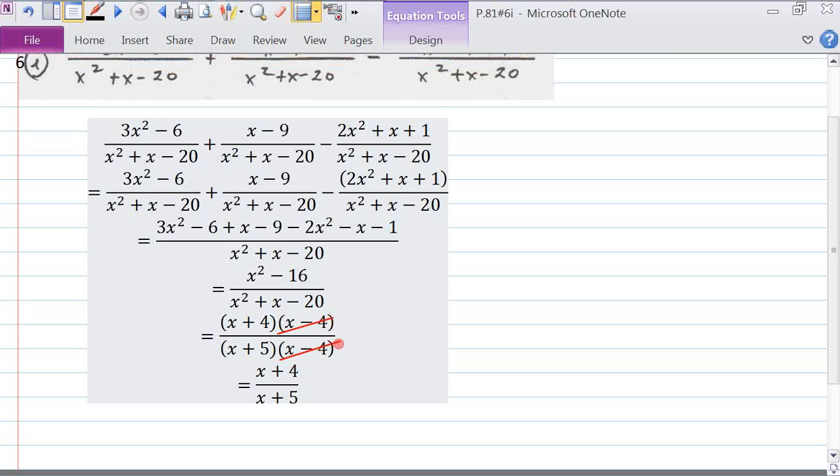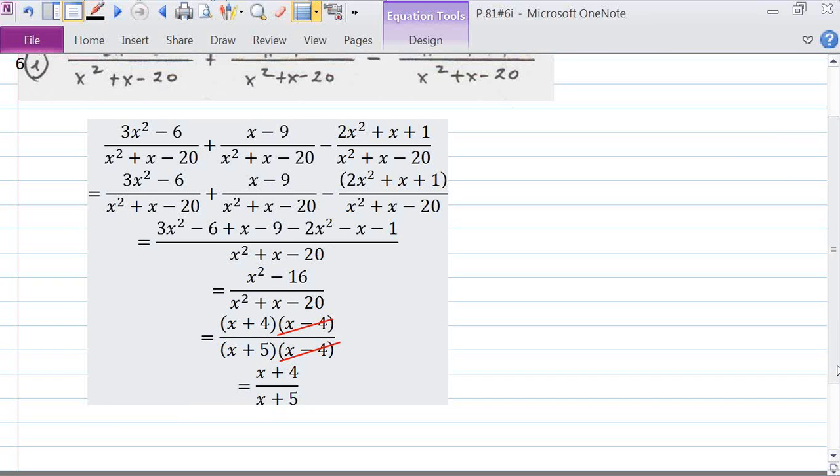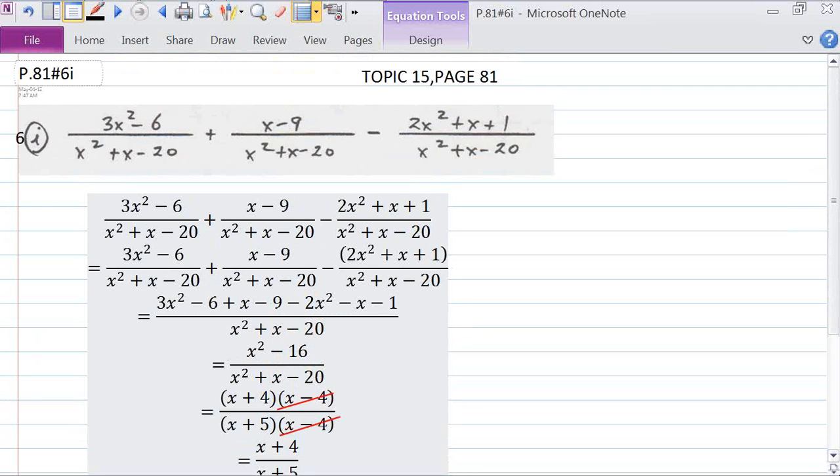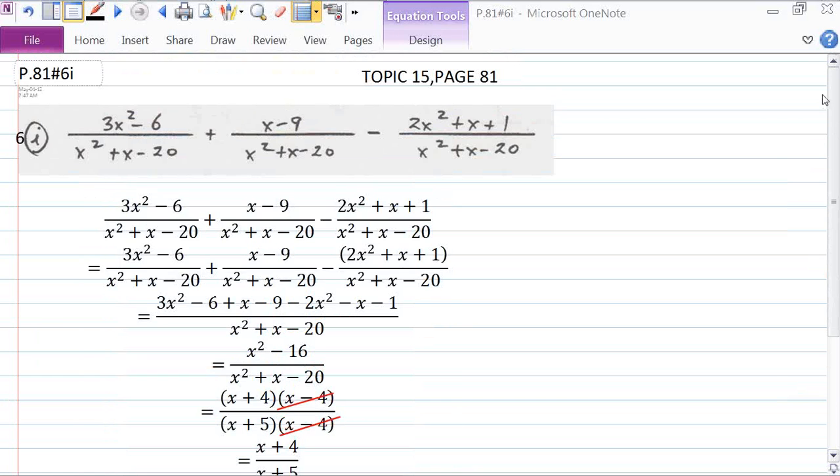Now the common factors are x minus 4 and x minus 4 here on the numerator and denominator. So I'm left with x plus 4 over x plus 5 as the answer. So that completes the exercises on page 81 that we're